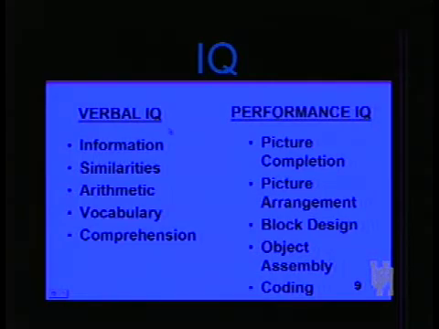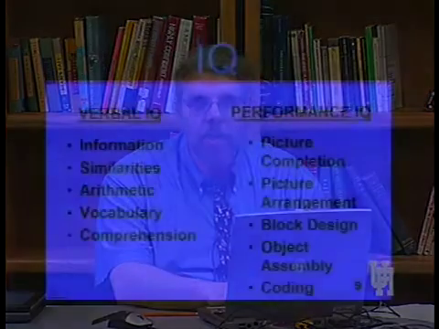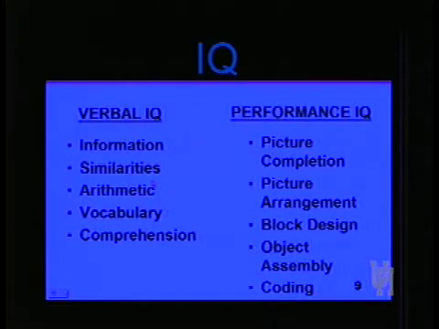So what happens as each test is developed, it is given to what's quote-unquote a representative group of children. And everyone whose IQ is measured is compared to all of those children who originally took it, until the next test comes out. And then you're compared to the new group of children. So your 5